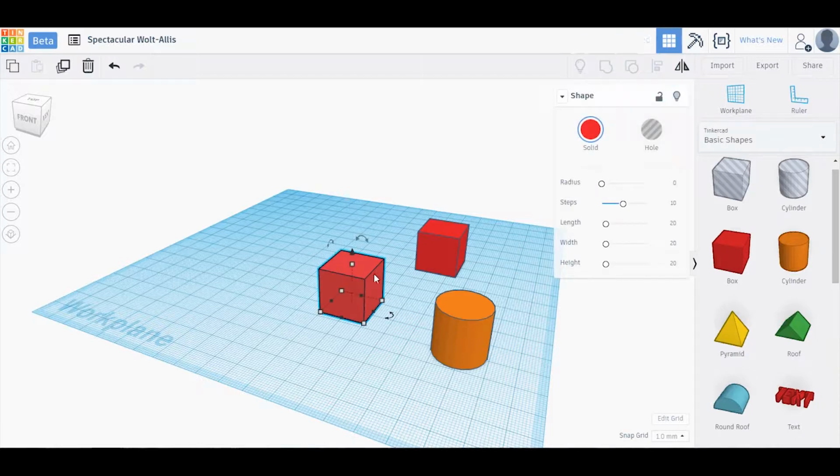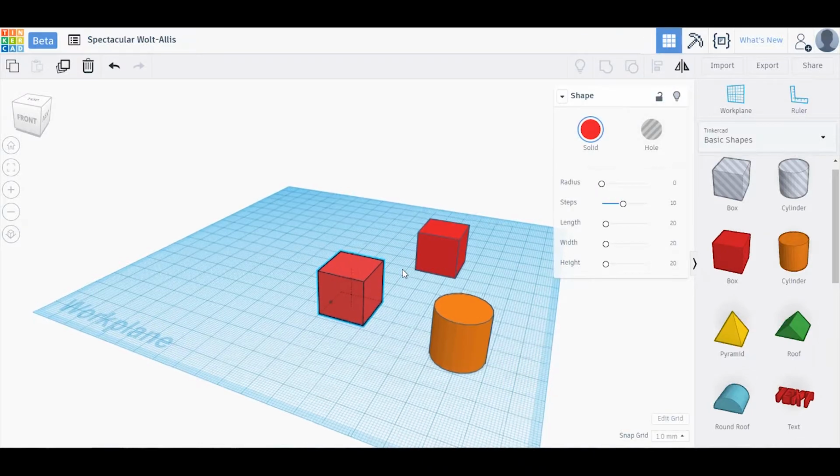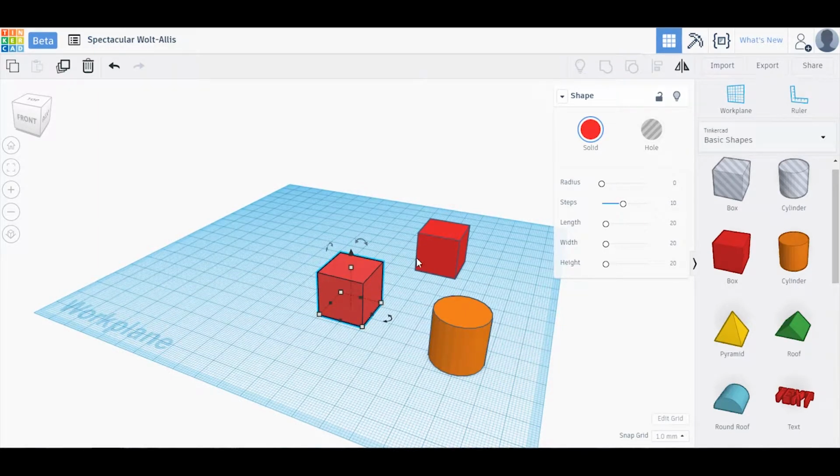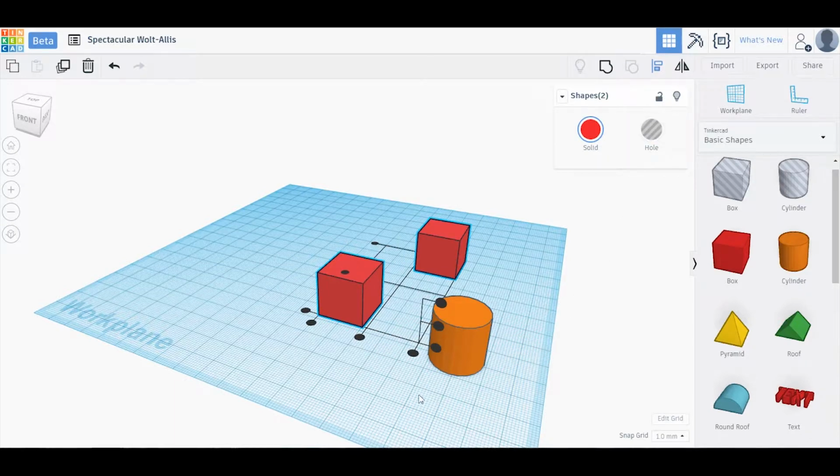So if I want to align these two red squares, I can select both of them. And the way you do that is you click one, then you hold the Shift key and click the other. And now both of these are selected. And to align them, it's this icon in the top right with the two rectangles. You click it, and all these different circles will pop up. And when you hover over these circles, it'll show you the different alignments that will occur if you click the